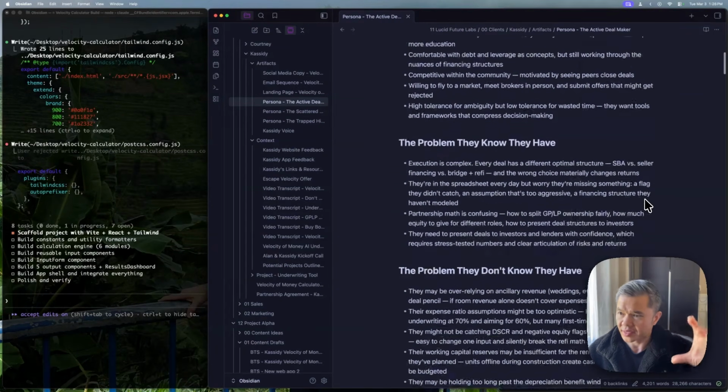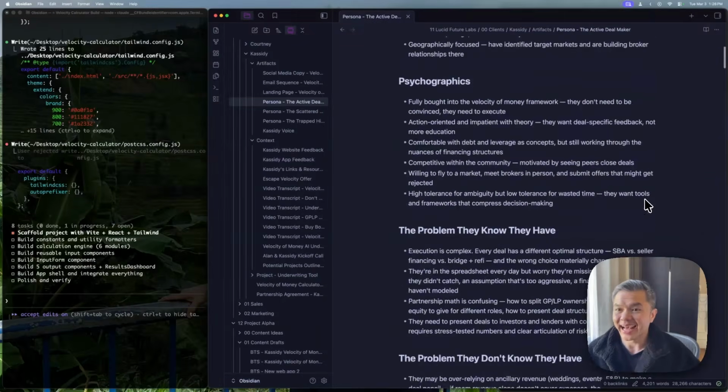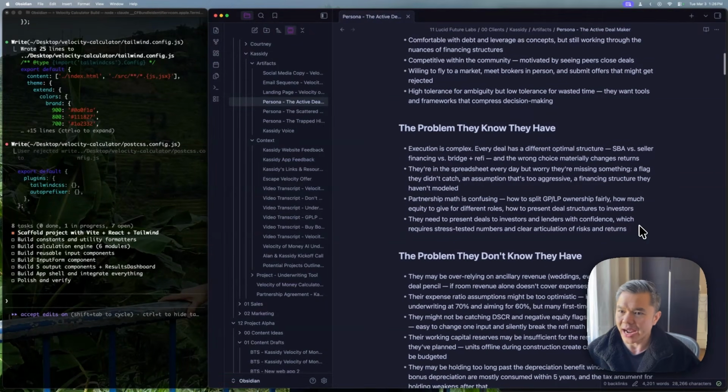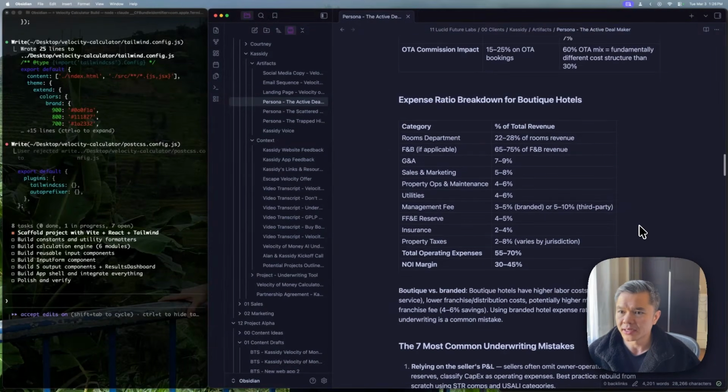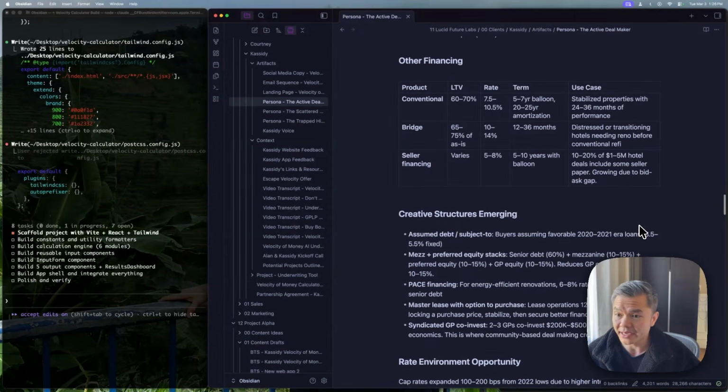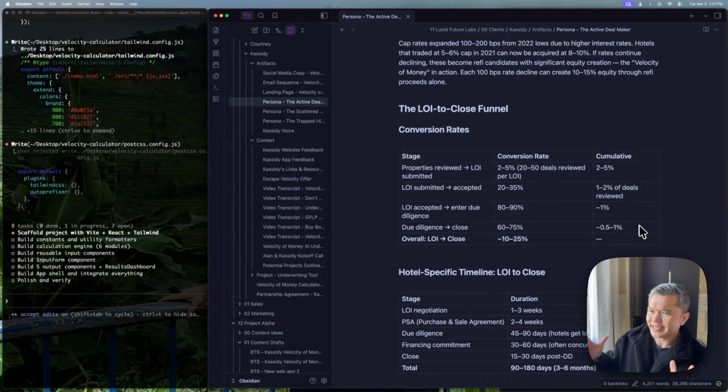For each one, we have a long document with the demographics, psychographics, the problems they have, their journey, their shifts, the common mistakes they make. It's a really in-depth piece.